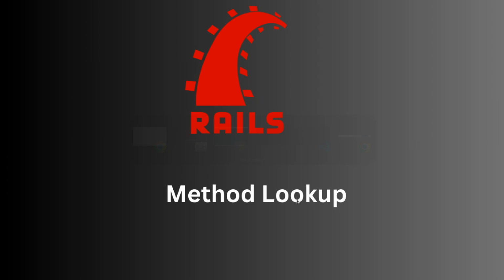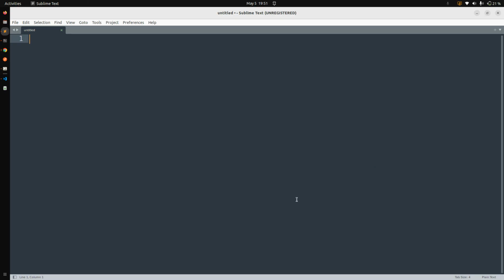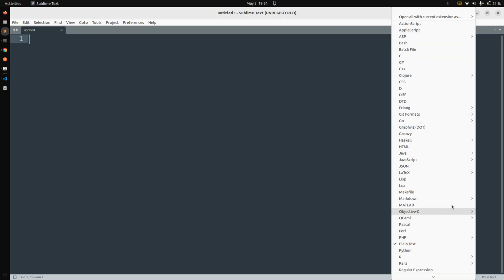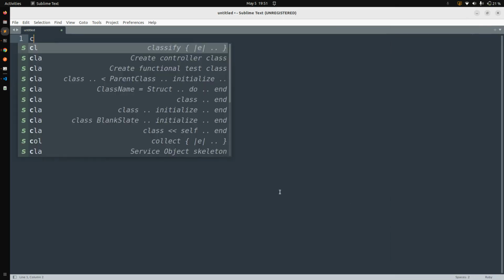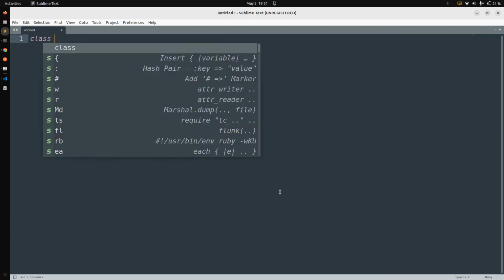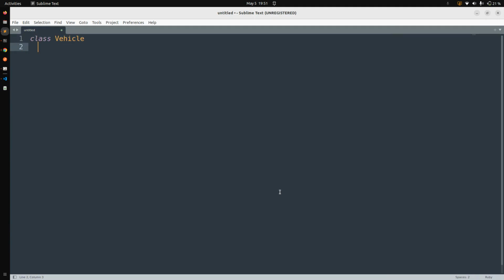Now let's take a look at this using a basic example. Okay, so open any text editor, and here let's define a class. First select the tab width and then Ruby. Okay, now what you need to do here is create a class and name it vehicle. Class Vehicle. Okay, and now define a module and name it